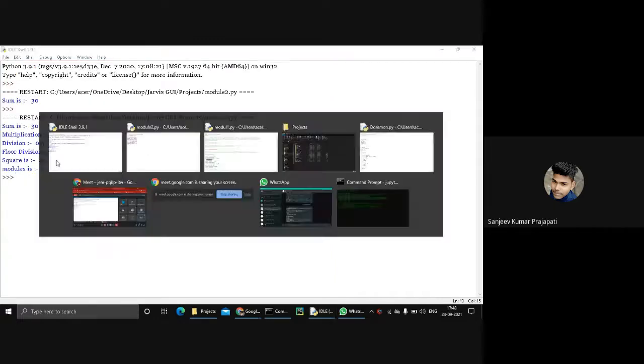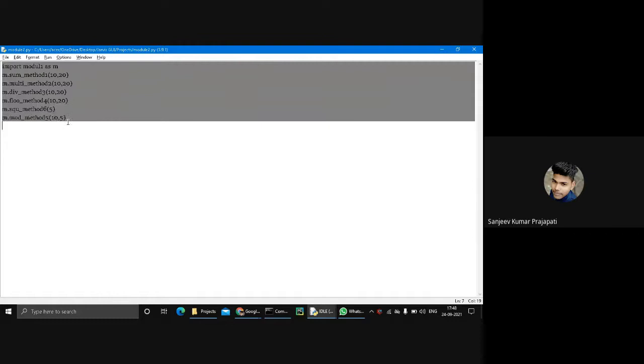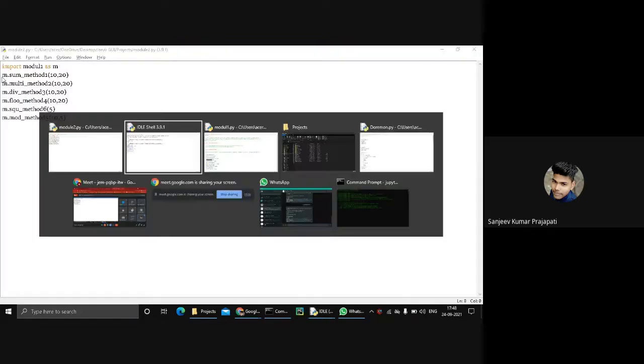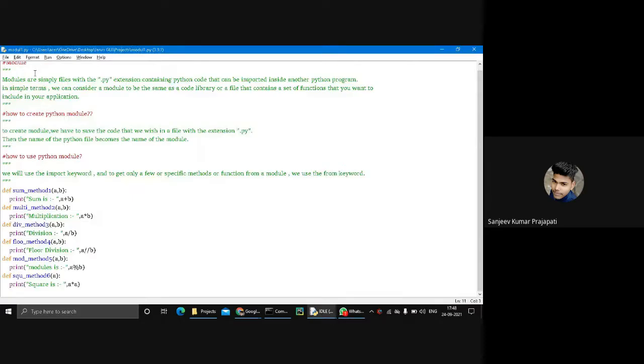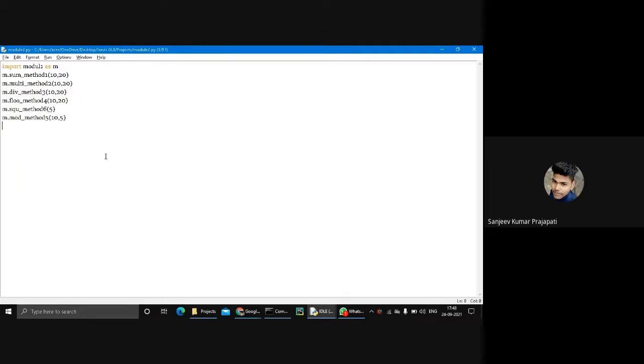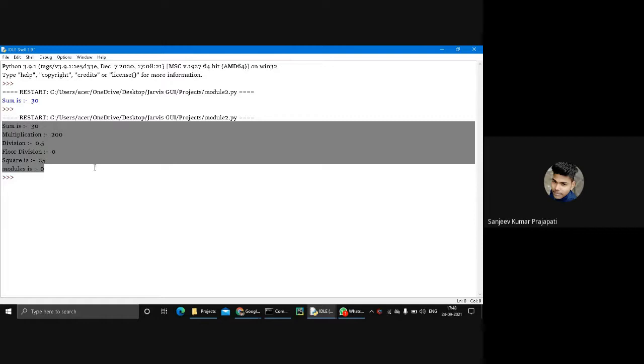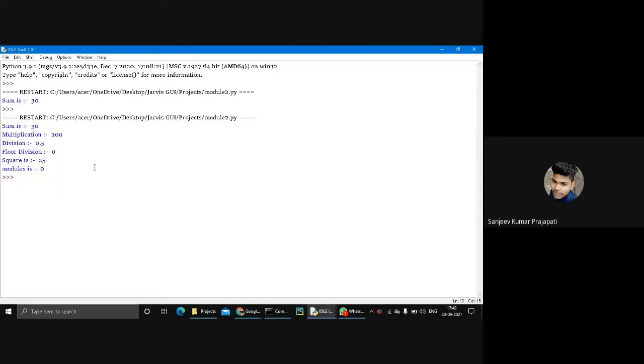So we don't write any function in this file, but all my functions are available through this module, known as module1. Sum, multiplication, division, floor division, square, and mod are like this. So now it's clear how to work with modules.